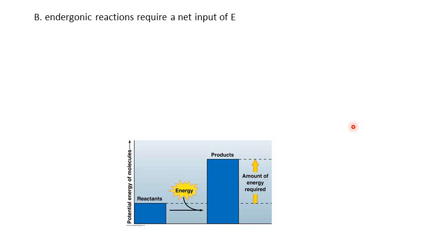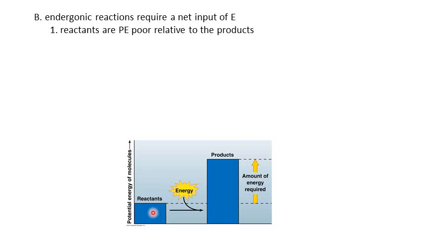Now, besides exergonic reactions, there are also endergonic reactions. In endergonic reactions, there has to be a net input of energy. The reactants are actually poor in terms of their potential energy value relative to the products. A good example of an endergonic reaction would be photosynthesis. The reactants are carbon dioxide and water, which are of low potential energy value. And energy from the sun, or just light energy, is put into